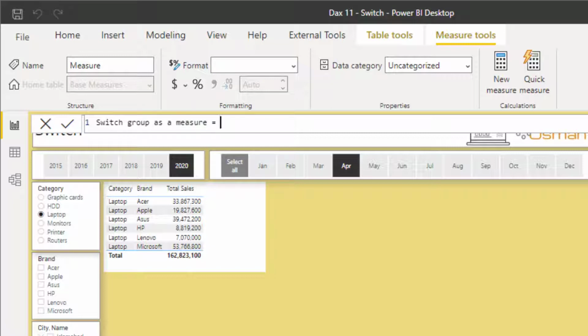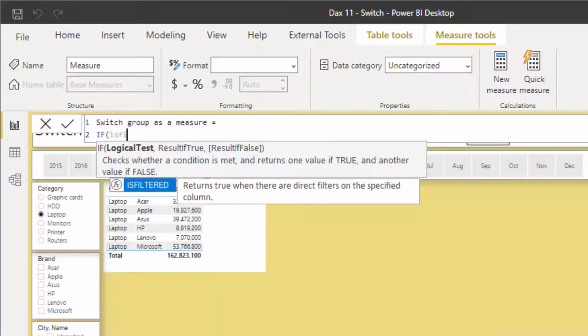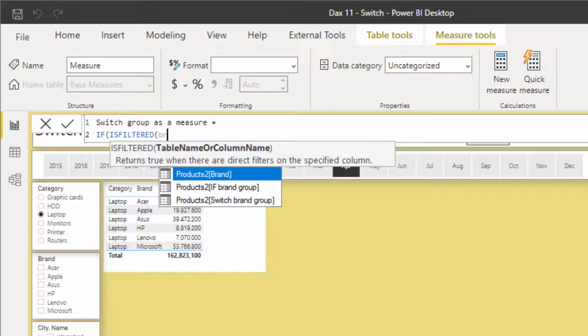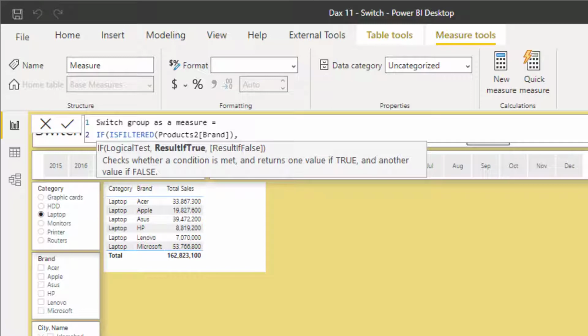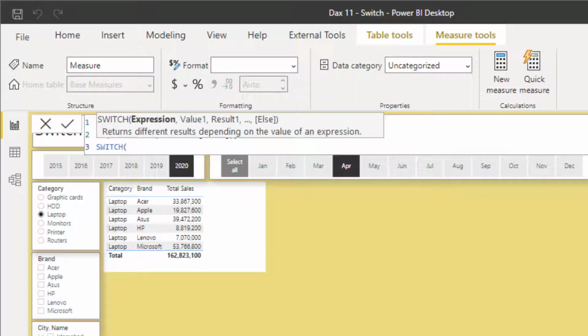and first I would like to see if the brand is filtered in my visual or not. If it is filtered, we are going to apply the formula later on. For this purpose, we will apply the formula IS FILTERED, and we will see if the product brand is filtered or not. If it is filtered, then we are going to apply the formula SWITCH, and we will see